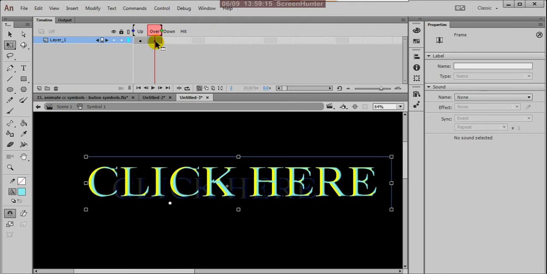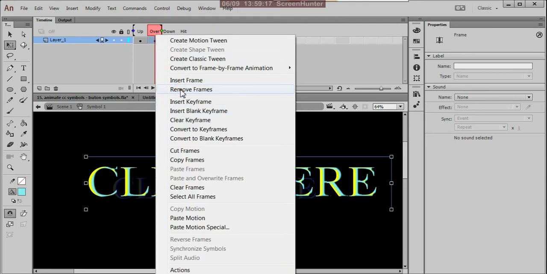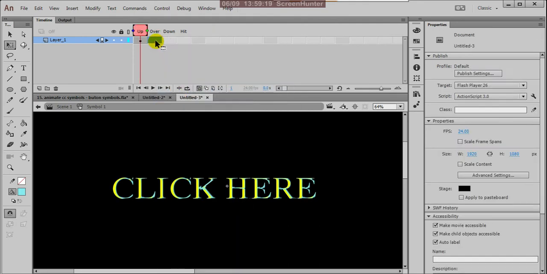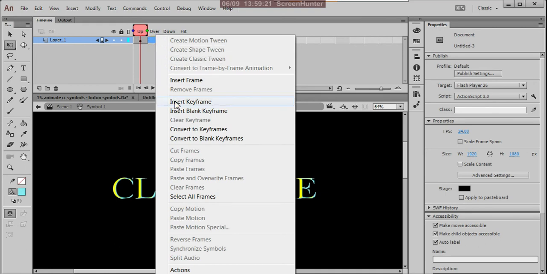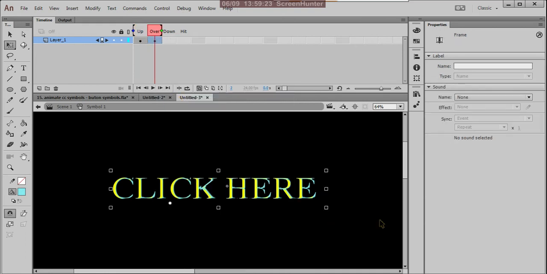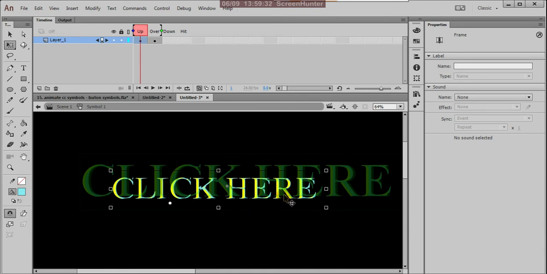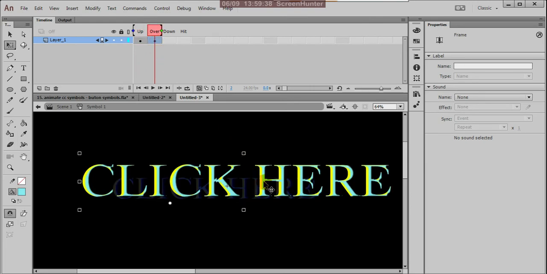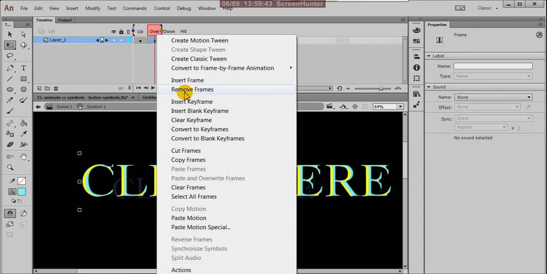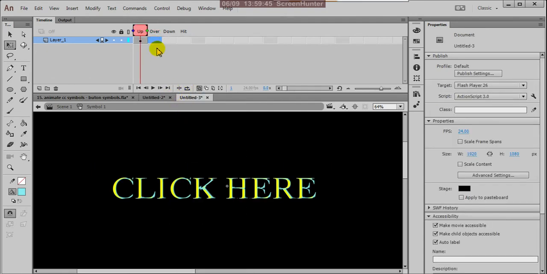So I'll delete this, I'll remove this frame and again insert keyframe. Again I'll delete this because I want the same area.